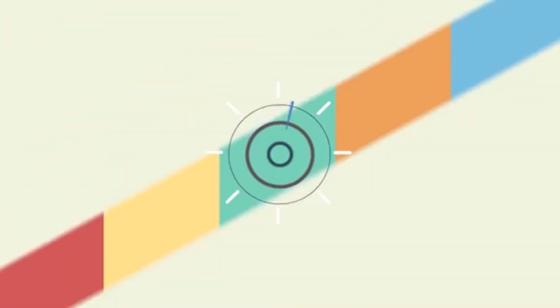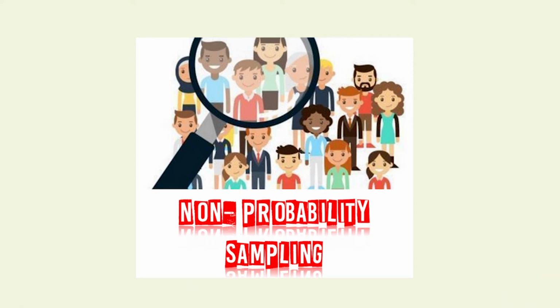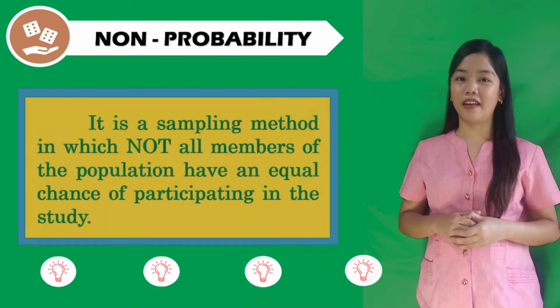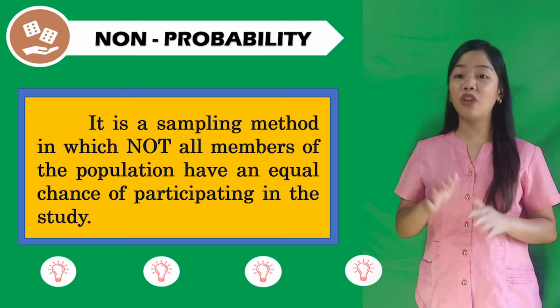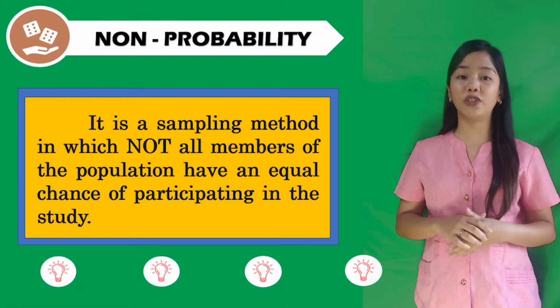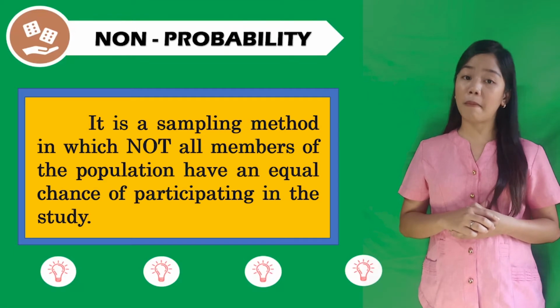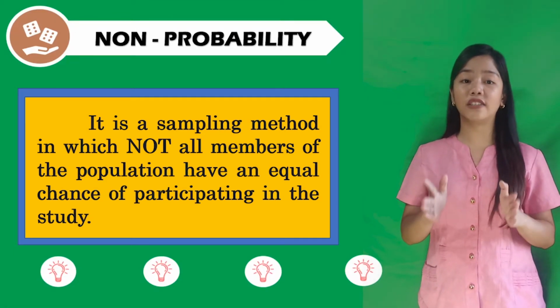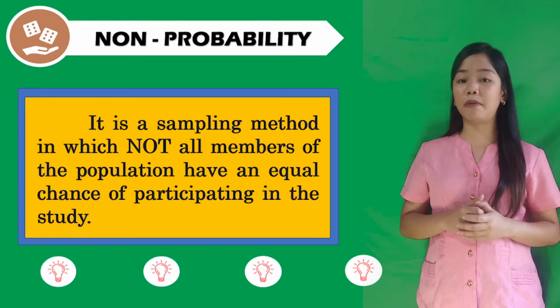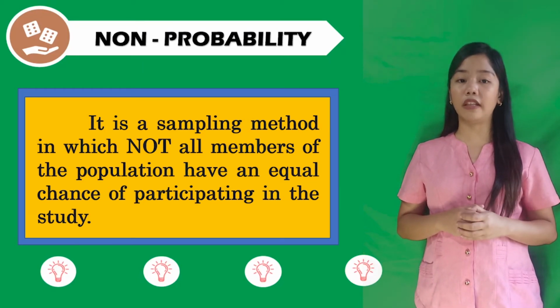And that's all about probability sampling and its types of sampling techniques. At this juncture, let us move on to non-probability sampling. This is a sampling method in which not all members of the population have an equal chance of participating in the study. Unlike in probability sampling, some members of the population have no chance of being selected. Some examples of sampling techniques under non-probability are